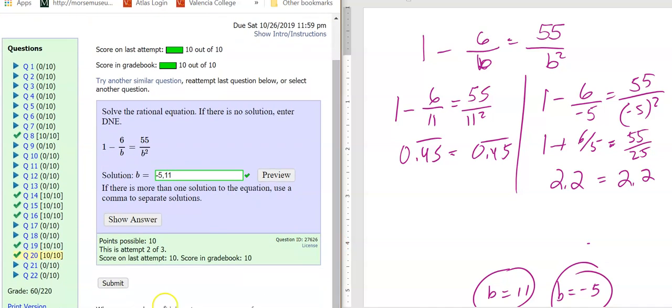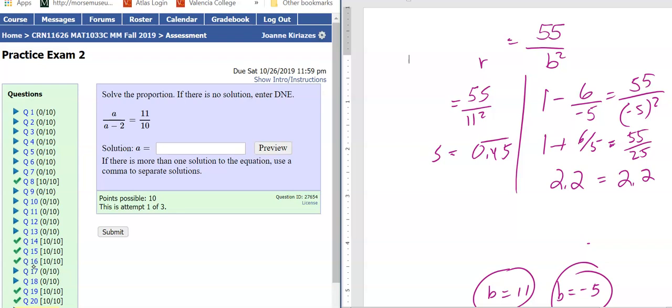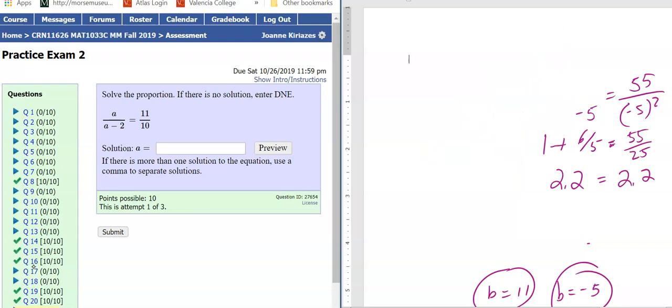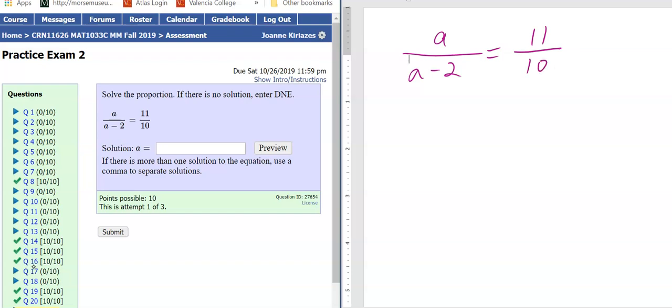Number 21. Okay. This is proportion. These are some of the easy ones, so you get to relax. We're going to get these right. Cross proportions, people like the idea of cross multiplying. They try to do it a lot of times when you're not allowed to, but these are when you have a fraction equal to a fraction, a rational expression equal to a rational expression. All you need to do